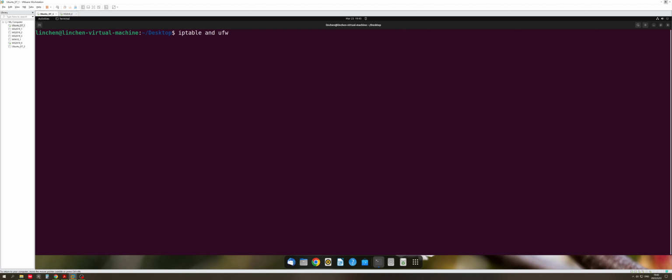And in terms of UFW, you may think this is the Ubuntu firewall. No, this is for Uncomplicated Firewall. So UFW is really handy and good for fresh users. Okay, it's friendly for fresh users. So we can sudo ufw